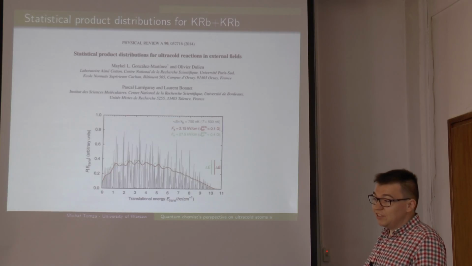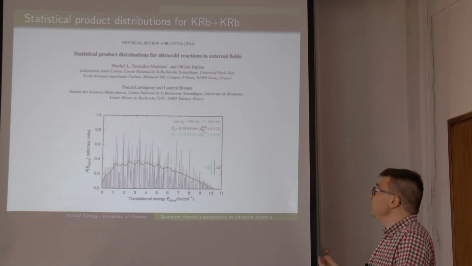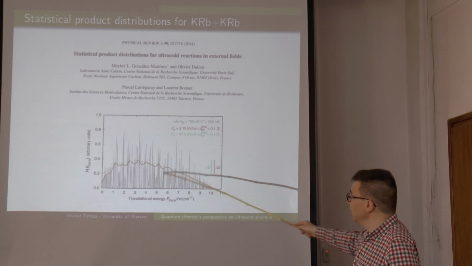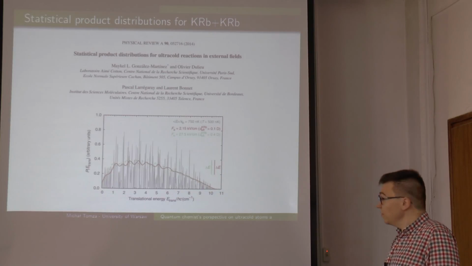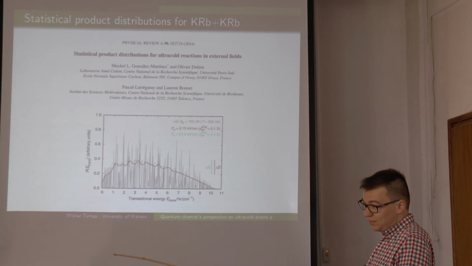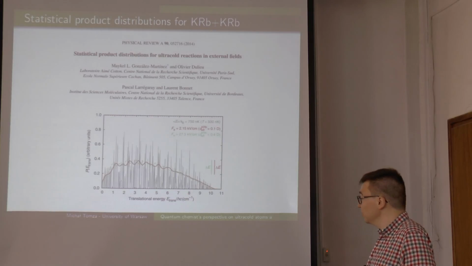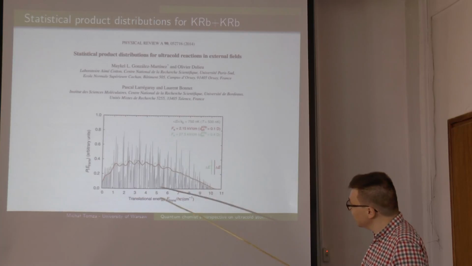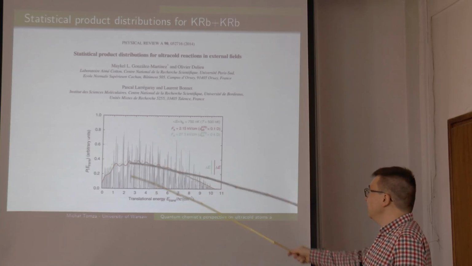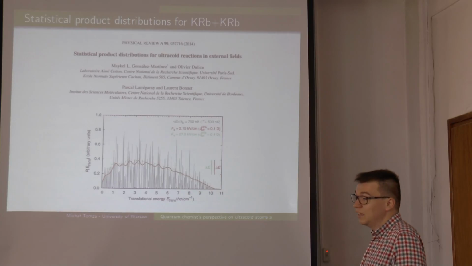And now the question is, if we apply the electric field, can we control this kind of product distribution, or can we measure this, or can we control selectively the transition from our initial state to some given output? Unfortunately, in this regime, when we have a much larger number of possible states of products, this control is not really feasible because of the statistics that I have shown at the beginning. The authors of these papers applied an electric field and observed some difference between these two distributions, but this is definitely not measurable in any experiment because the difference is too small. It's much below the error bars.